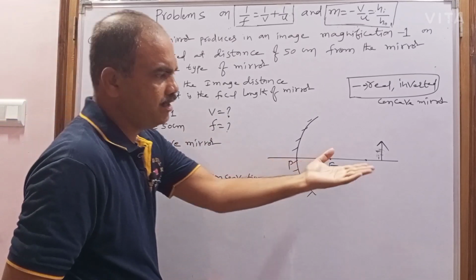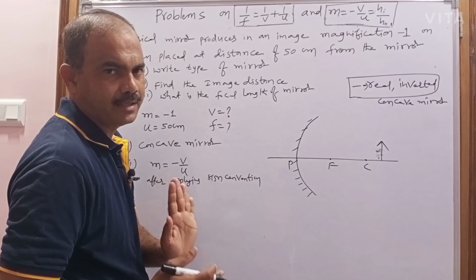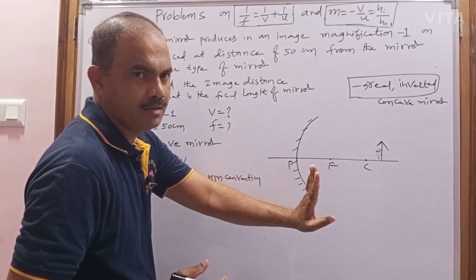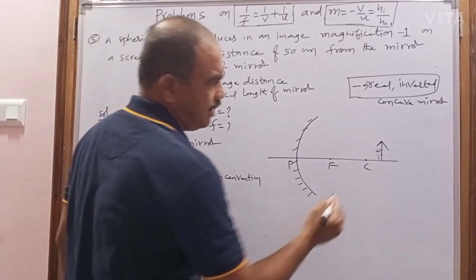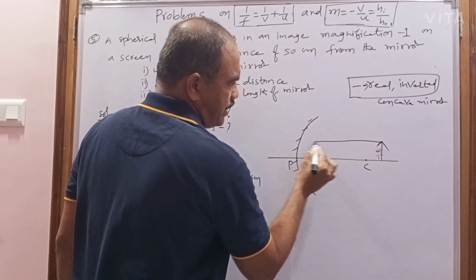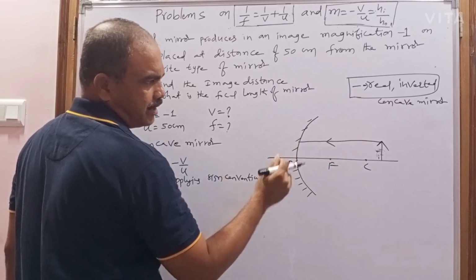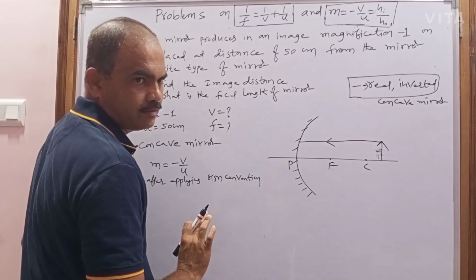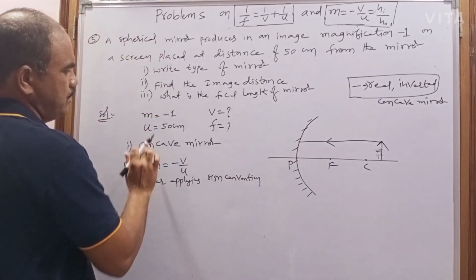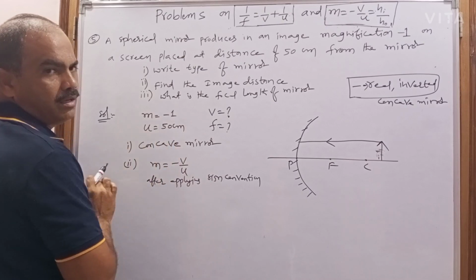That's why, where the object is to be kept, we can't guess. That's why I am just imagining it for the sign convention only. So now from the object the incident ray comes in this direction, and after coming from the object it will fall on the concave mirror. So from this, what do you guess? You guess the sign convention of the object distance.